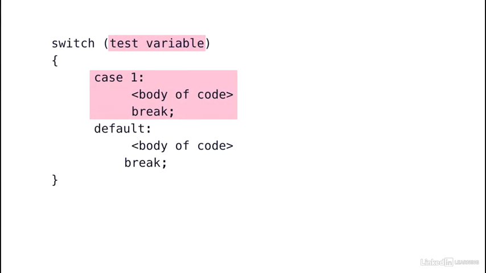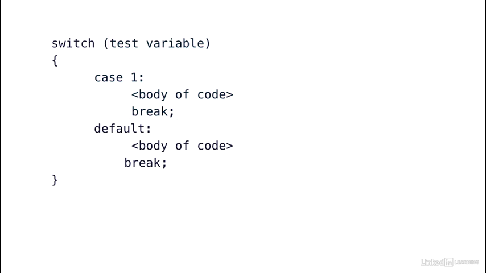The switch works differently than an if statement because now you can no longer check if a value is less than or equal to, or greater than or equal to. It has to be equal to only. So the variable inside the parentheses is your test variable. Once you've determined which variable you are switching on, you can then insert your cases based on the possible values